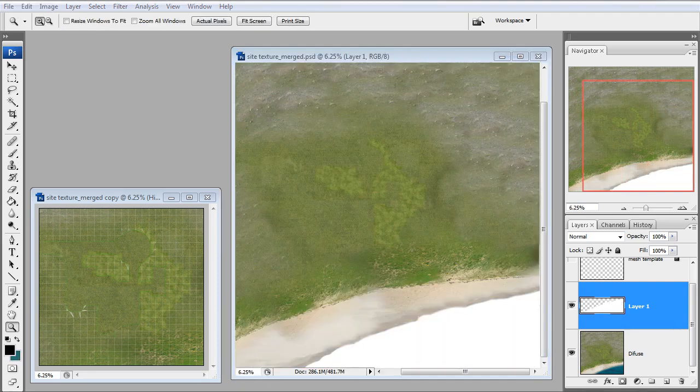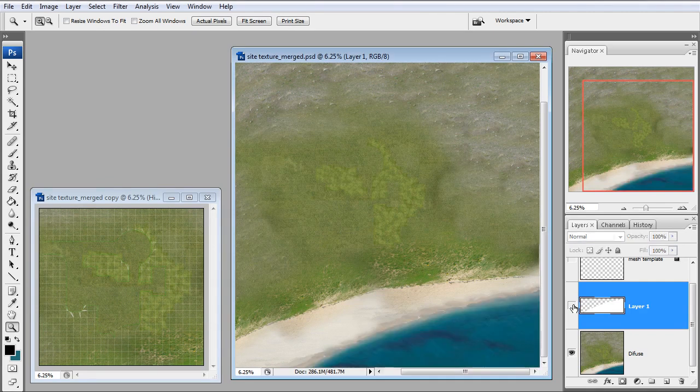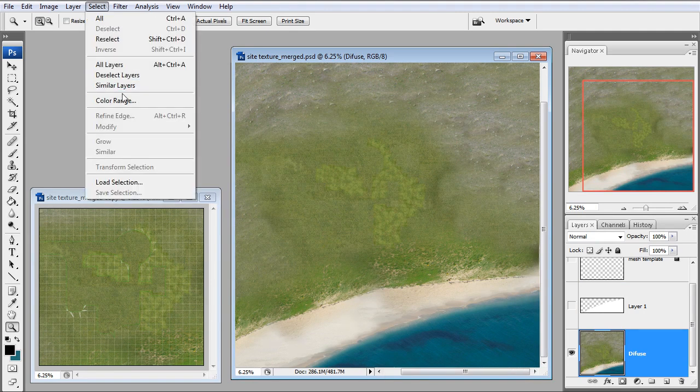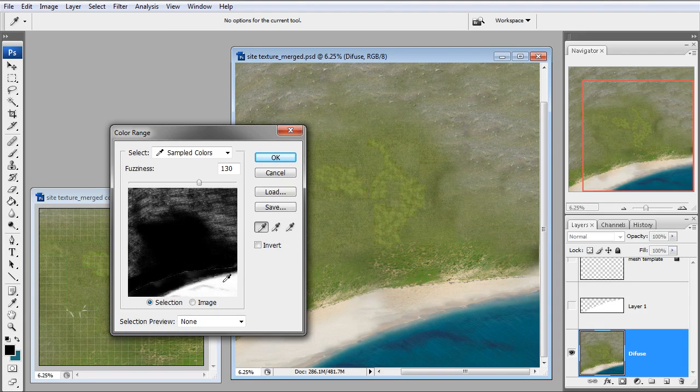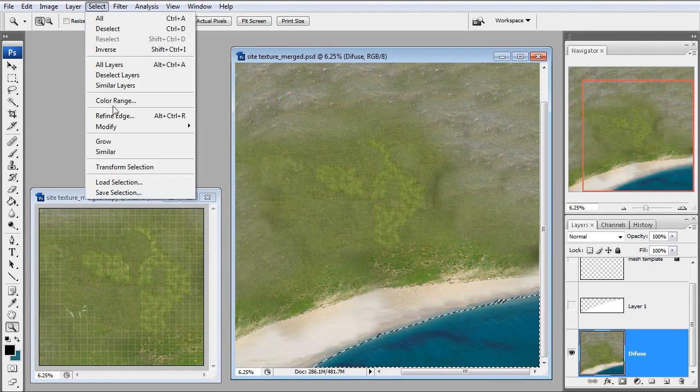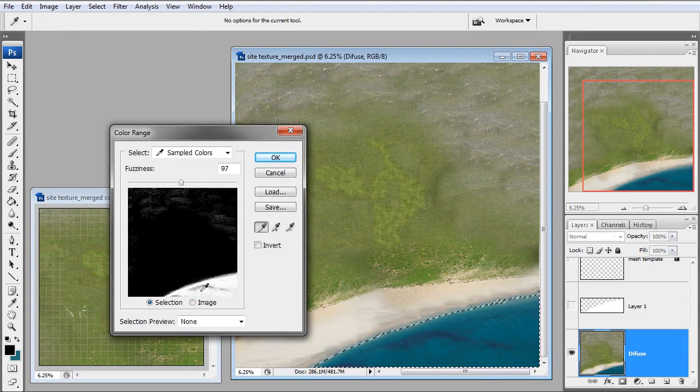So here is our white painted area which overlaps the ocean, and I just also wanted to show you a third option that you could use if the color that you're trying to select is quite unique. Go across to select and then color range, and then just click on the area where the ocean is and just move the fuzziness factor up and down until you get a white area that is selected in this part. So depending on how high that fuzziness is, you may need to increase it. So let's go now and try increase that fuzziness range,